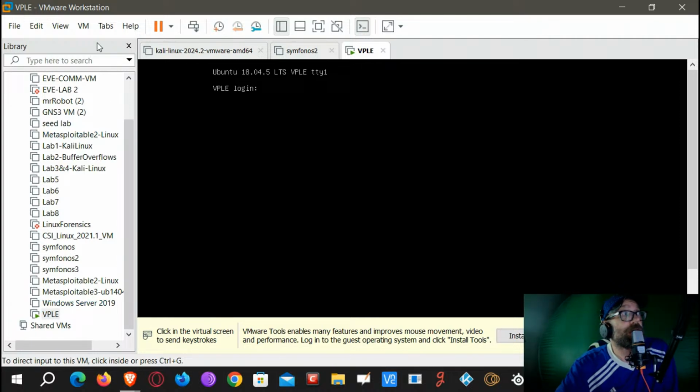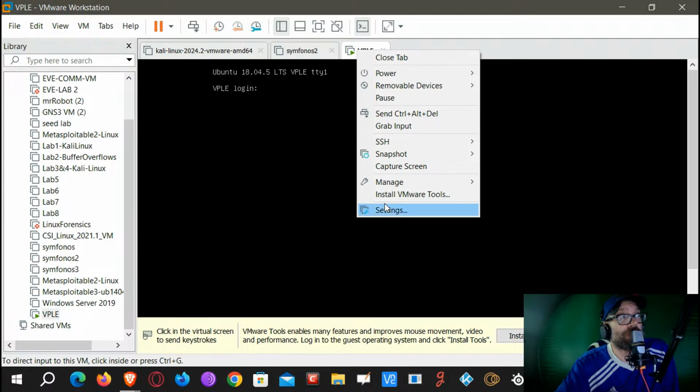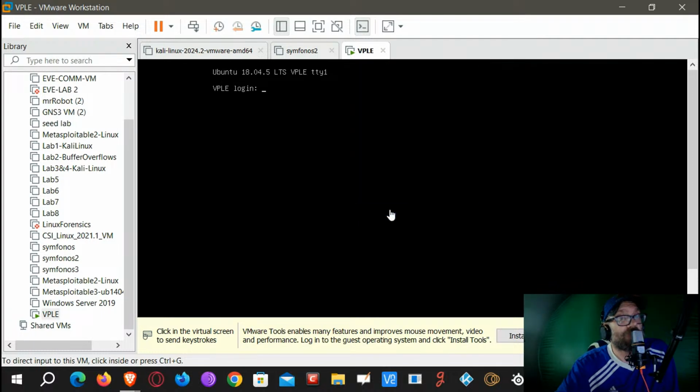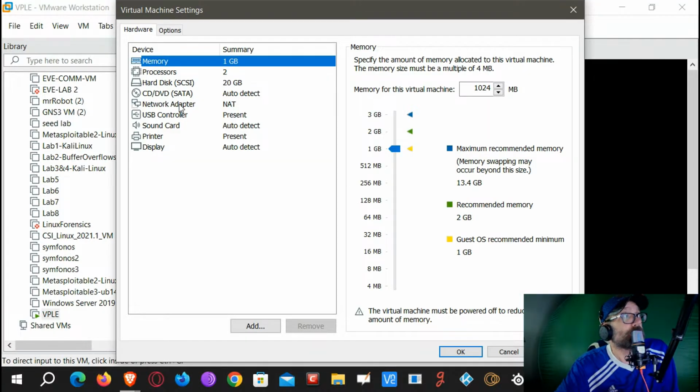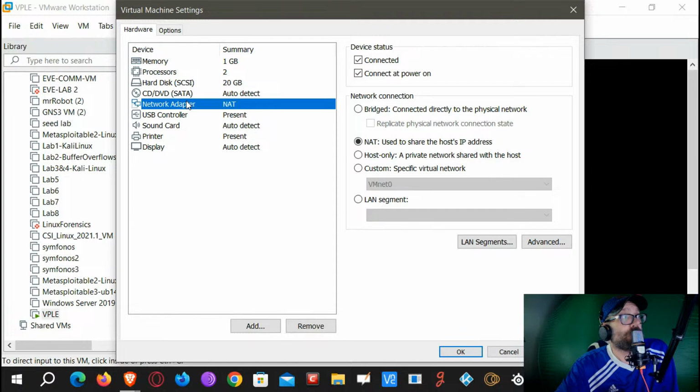And as you see right here, this is the VM, and I just want to double check here because I just installed this. If you come to settings on all my virtual machines, I like to do this, make sure they're all on the same network. Okay. Let's say we've got one network adapter that gets out to the internet. So what I like to do is, we can actually change this, but I'm just going to add